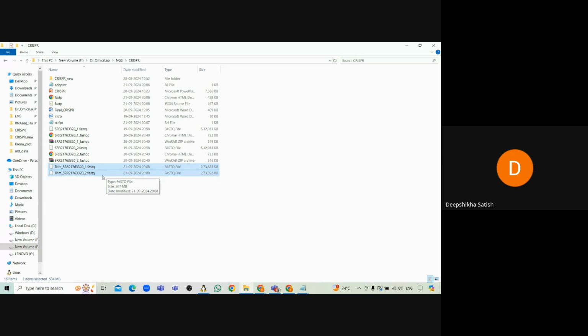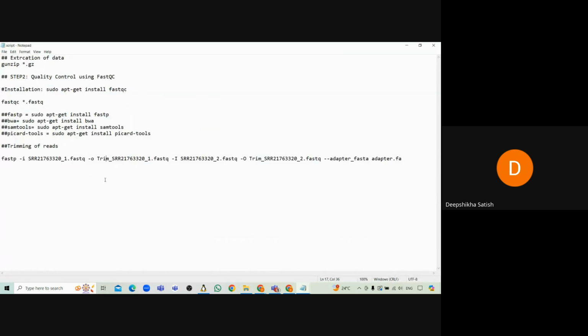Now, if you want to see whether this adapter is really trimmed or not from this FastQ file, what you can do is check the quality again. Just to make sure that the adapter is trimmed, you can try with FastQC and give these trim file names, and this second file name also, the reverse file name also. So this is how you can perform. Now if I will just show you,